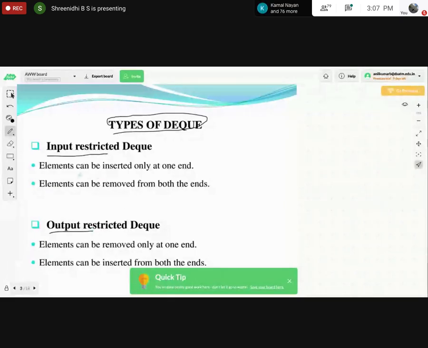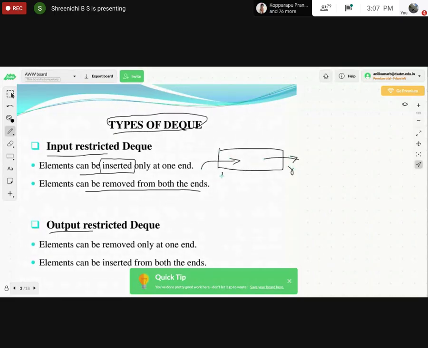So here elements can be inserted only at one end, and elements can be removed from both the ends. Elements are inserted only at the rear end, and elements can be deleted from both the ends of a queue.